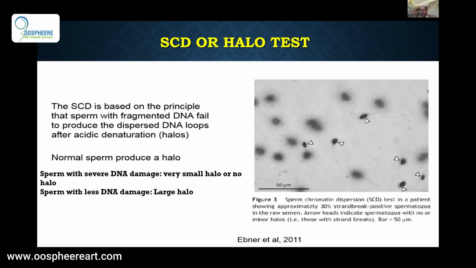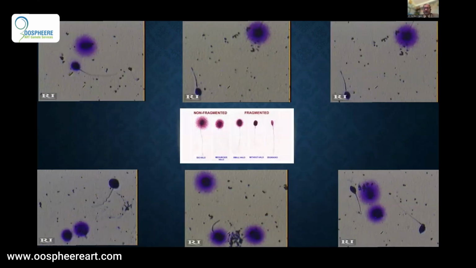You prepare slides from the semen drop and they undergo all these 3 hours of processing time. At the end of it, you have to assess the slide for 400 sperms and count the percentage of sperms showing absence of halo, and that percentage is going to be your sperm DFI. So this is how it is clearly shown.